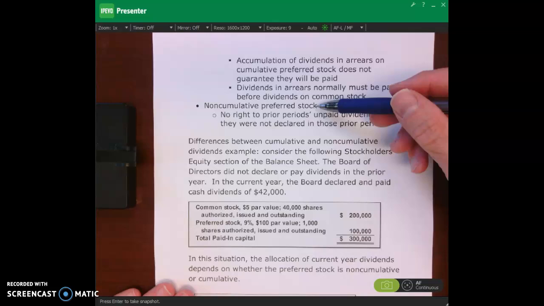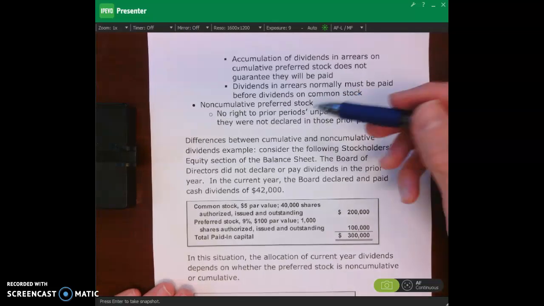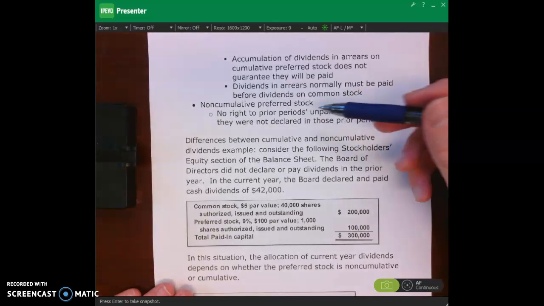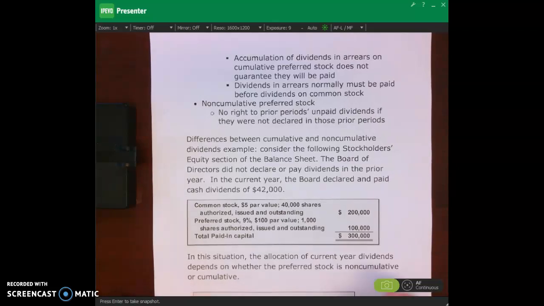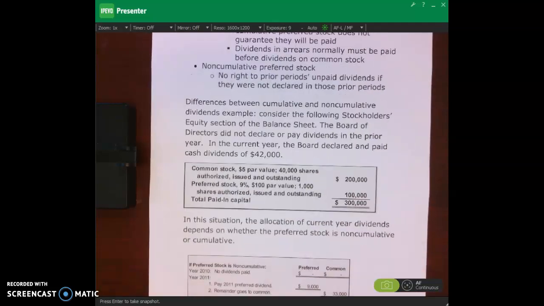So let's talk about non-cumulative preferred stock. That means, unlike cumulative, there's no right to the prior period's unpaid dividends. But they still get paid this current period's dividends before common stockholders. They just don't get prior periods' unpaid dividends before common stockholders. Okay? So let's look at the difference right over here with our